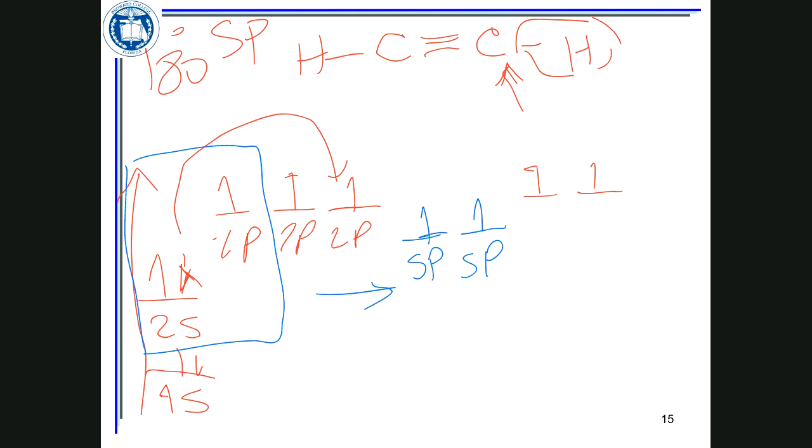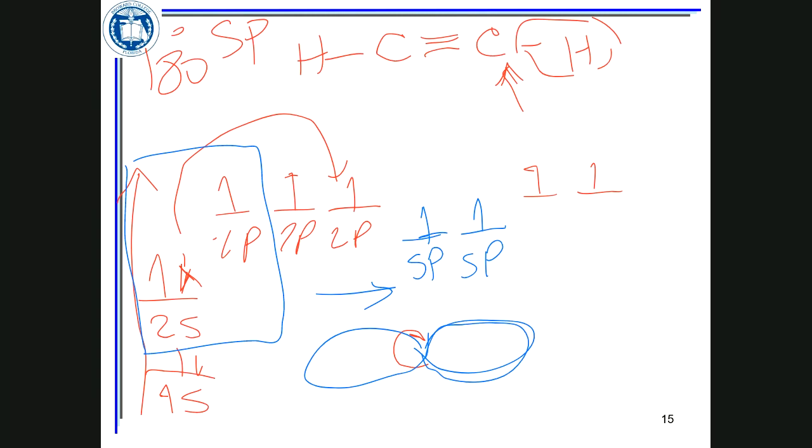Would it be an s orbital from 1 atom mixing with the p orbital of another? No, it's the same atom. Hybridization happens between orbitals of the same atom. So we're talking about carbon here. So the s orbital from carbon and the p orbital from carbon. And these are going to be unhybridized p orbitals. So if we have an sp orbital, this is going to be carbon with the 2 orbitals, and the carbon with 2 orbitals is going to form a linear shape here.